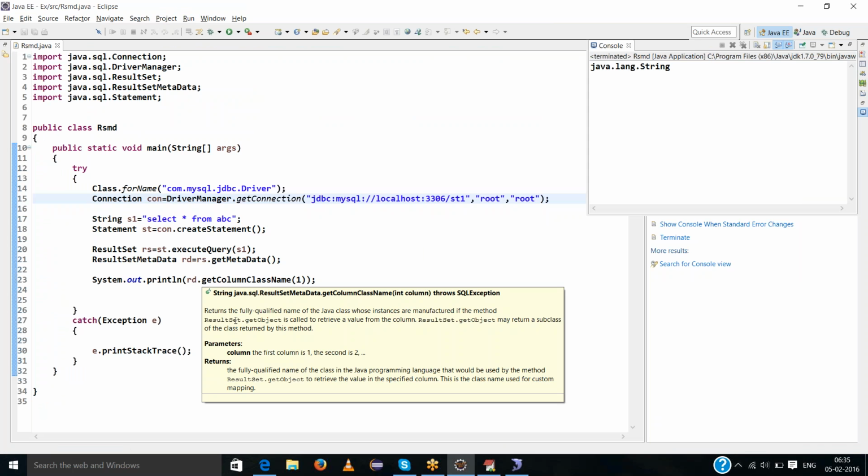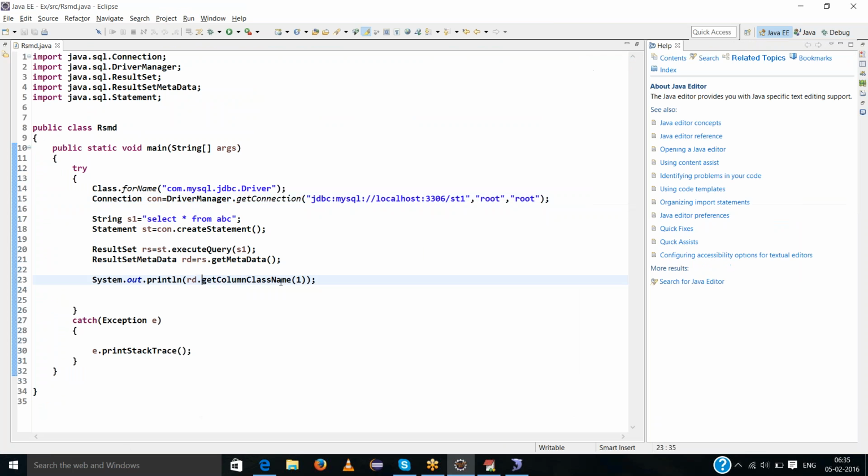It returns the fully qualified name of the Java class whose instances are manufactured if the method ResultSet.getObject is called to retrieve values from the column. ResultSet.getObject may return a subclass of the class returned by this method. Simple.